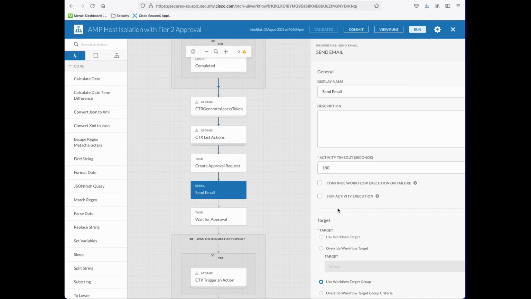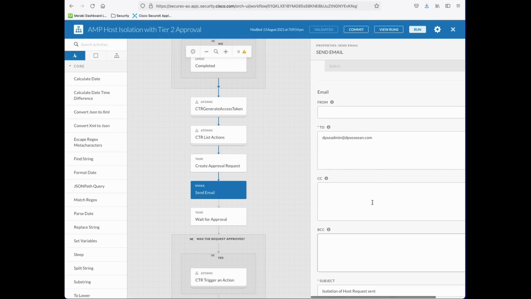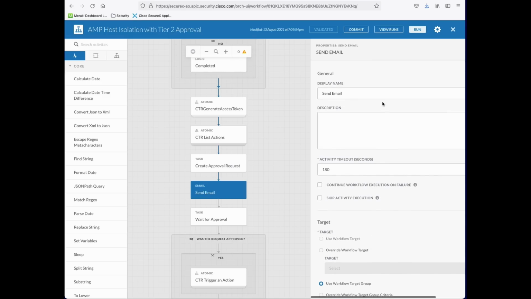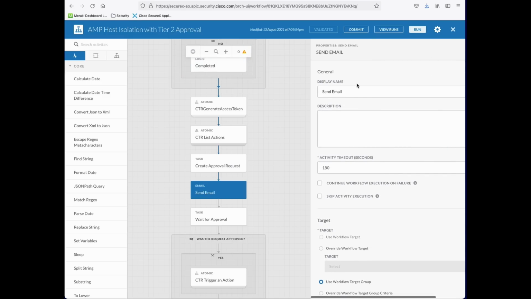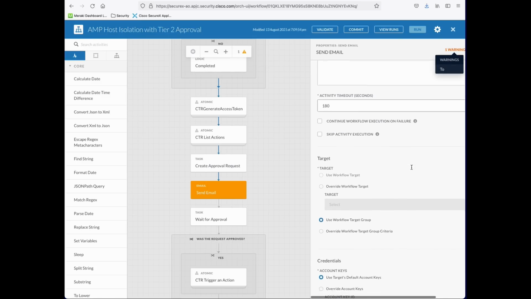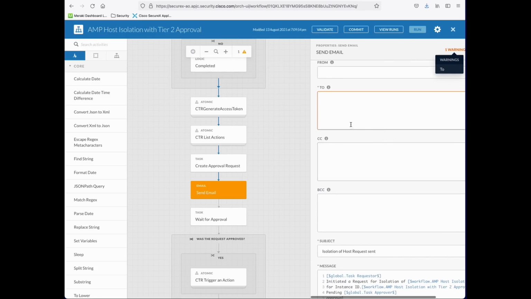We'll talk a little more about day two operations in another video, but more importantly, from a demo perspective, I'm going to show you what you need to configure. You need to configure the email address as shown here. The good thing about the workflow is that if you do not key in a valid email, there will be a warning to say that you have not entered the to recipient. So there are a few places that you need to make sure that you have the